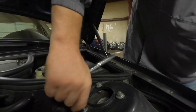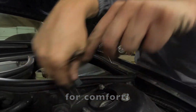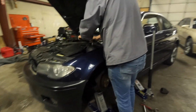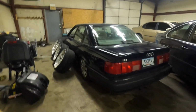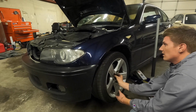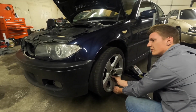Now we're gonna have to cut it or add some hockey pucks. Probably add some hockey pucks for comfort. You don't think so? Maybe tuck it when it comes back down. Yeah. The Audi was like that. No, that's pretty bad. That's like up. Yeah, the Audi doesn't have any springs either. We're dropping it. Hold up. Put the wheel on. Fine. This should add some natural camber, not much, but